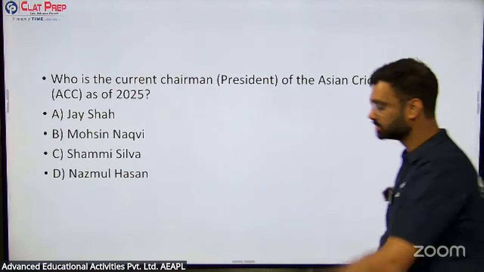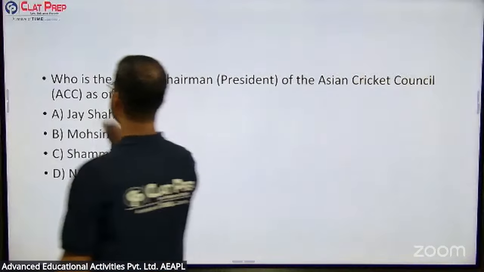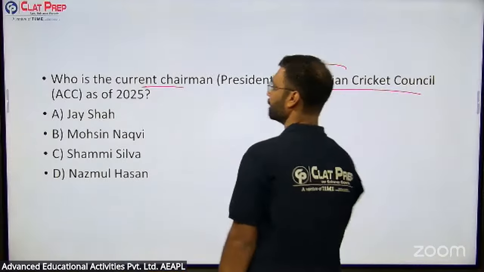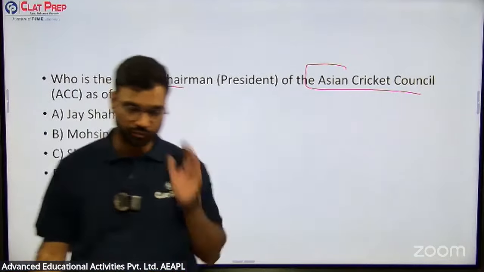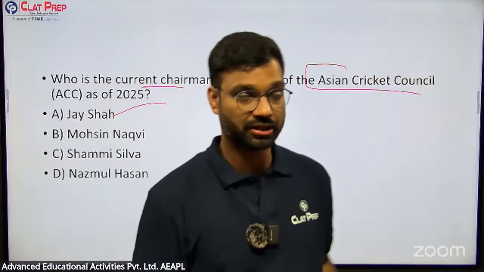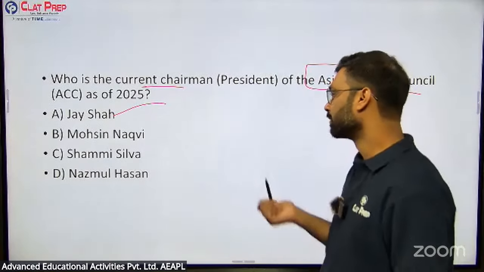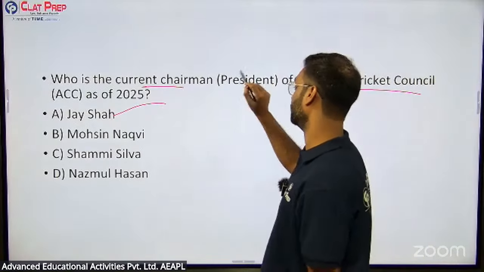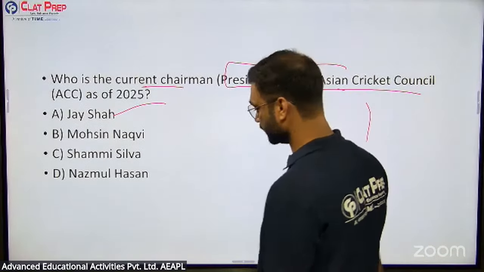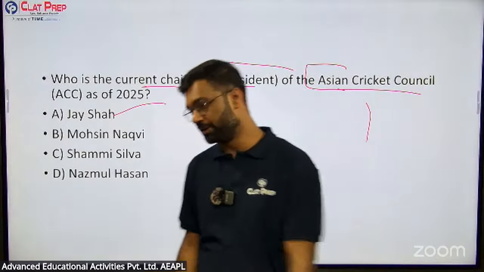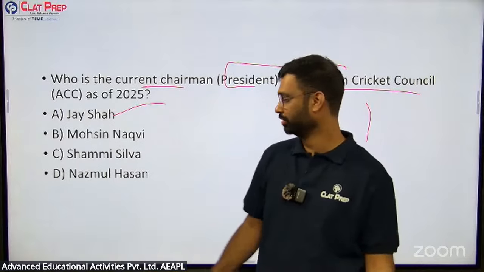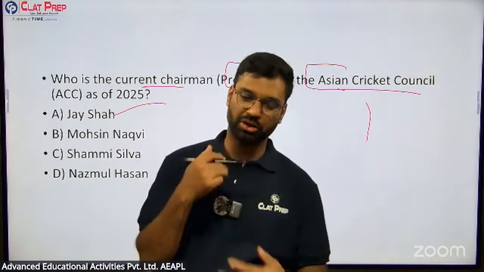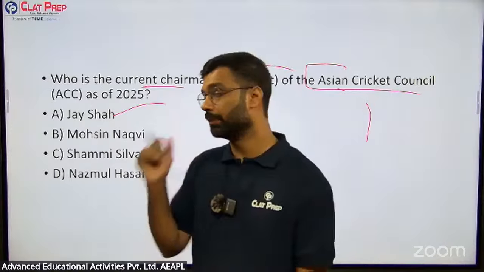Now, next question is, who is the current chairman of the Asian Cricket Council as of 2025? Now, there was a lot of controversy during the Asia Cup, right? The controversy was that India won the Asia Cup and the president of the Asian Cricket Council ran away with the trophy. He refused to give the trophy to the Indian cricket team because there was a lot of political controversy during the Asia Cup, especially